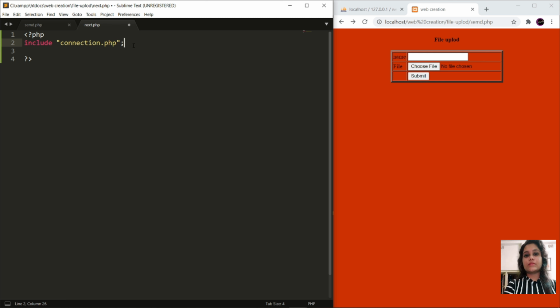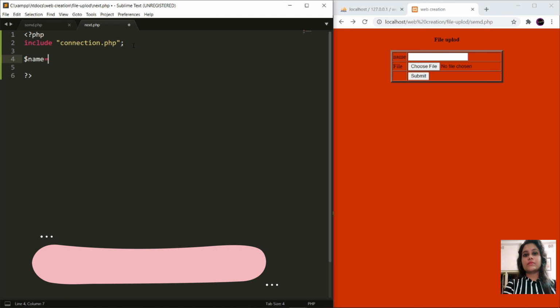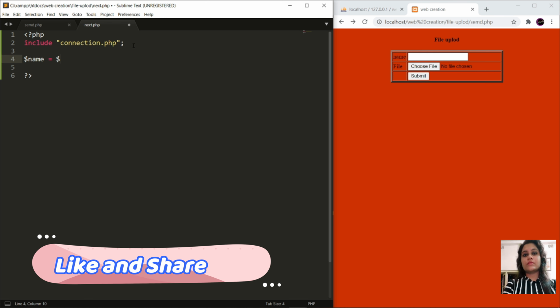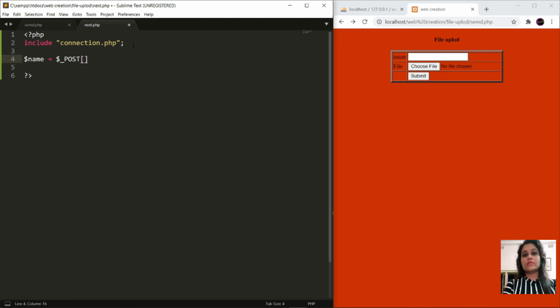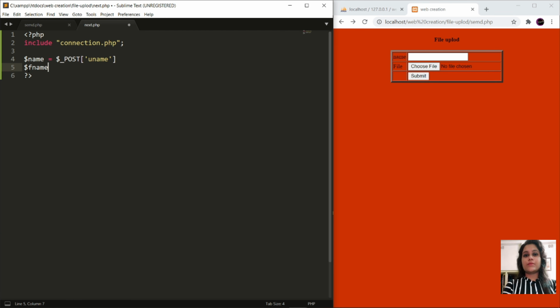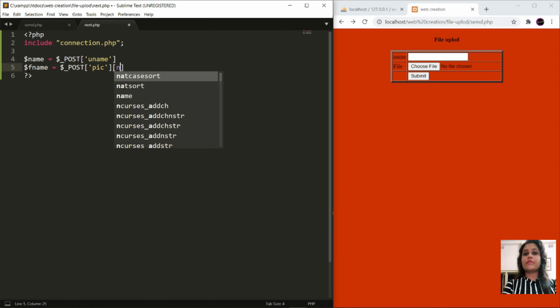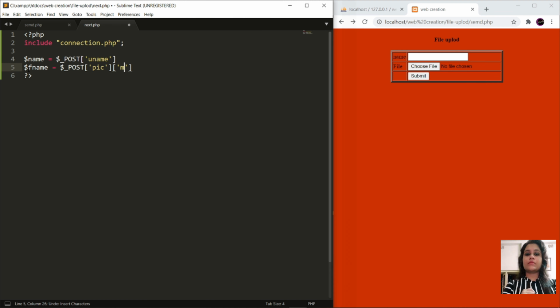You need to use this to receive the file on the server. The value of the previous page is being stored by passing the true of the global variable $_POST here. Now $fname equals $_POST['pic']['name']. It's for the file name. I will choose the file to keep that file in the database. This name is pic. To know the path, this file is saved in the temp file.